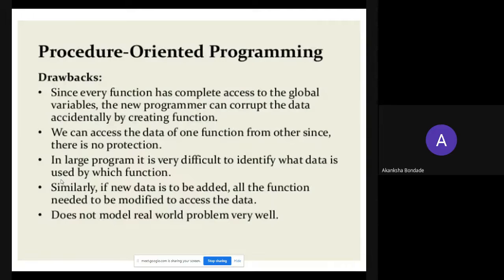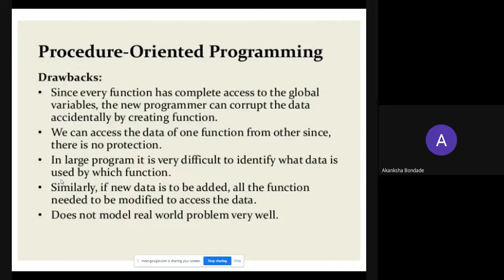Obviously, when any function is called, the compiler has a lot of confusion about where the data exactly is, or which data belongs to which function. That type of confusion occurs, and that's why it is too difficult to handle procedure oriented programming data.